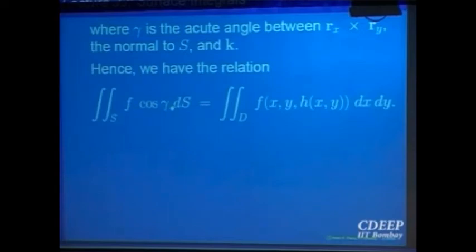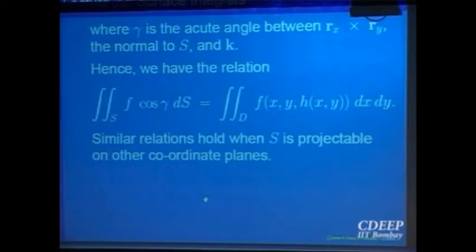So f cos gamma is equal to this, so on the right hand side now only the function f is appearing, and there is a double integral of the function f on the domain D, nothing more than that. We will see why we are writing it this way, it will have an application later on: for any scalar field f, with nice conditions, continuous and so on, S is the surface, and cos gamma is the angle between the unit normal and the k axis. The surface is expressible as z equal to h of x, y explicitly. Only in that case we are writing it is equal to this. So this is given by this expression. We will see what the application of this is.